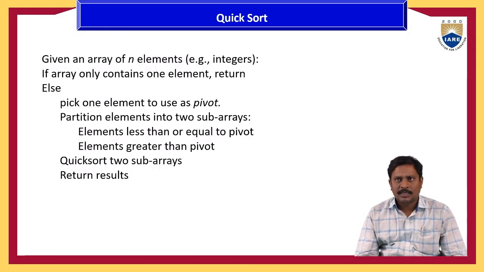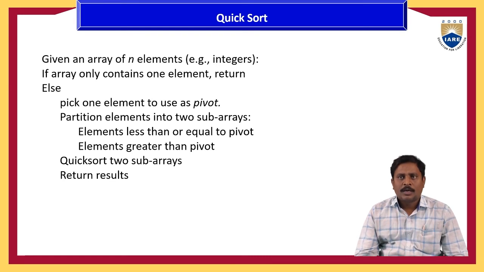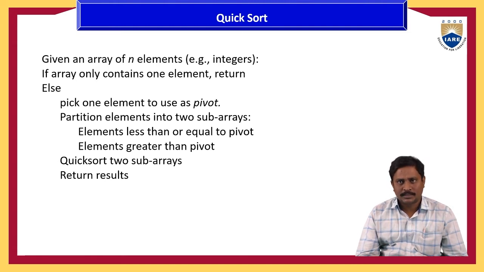In quicksort, generally the given elements we store in an array. In that array, pick one element as a pivot element. Next, partition the given array elements into two subarrays. Like this, we divide the array into subarrays until the elements in the subarrays are very few, that means until single elements.